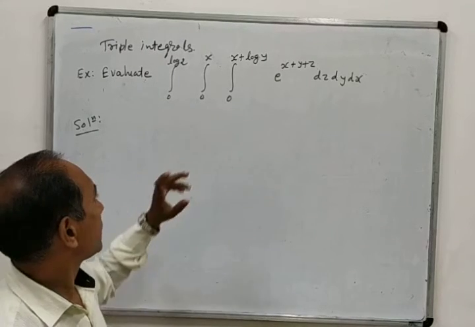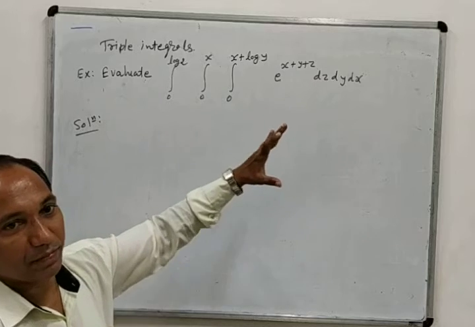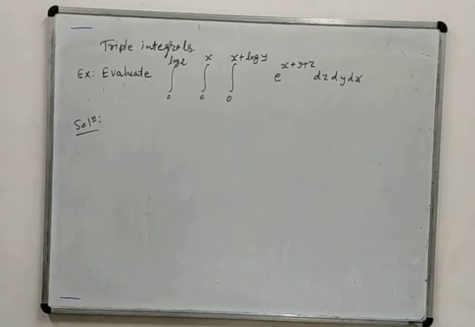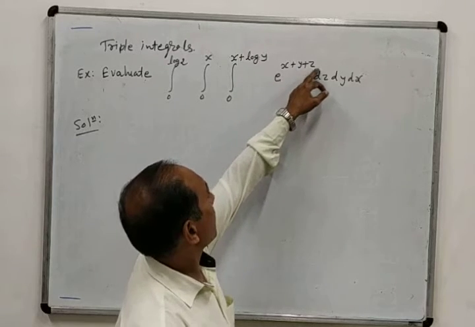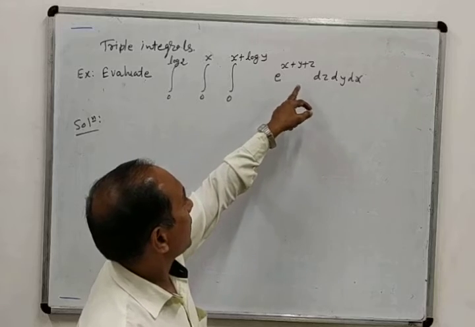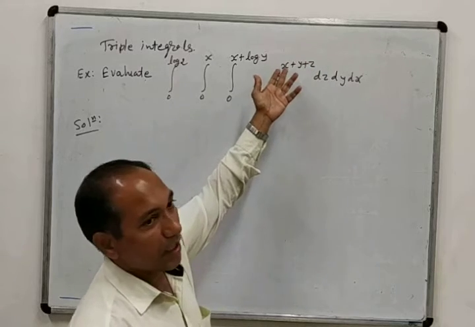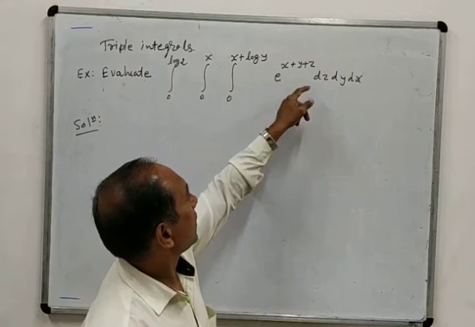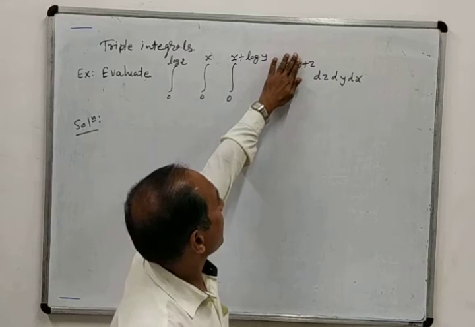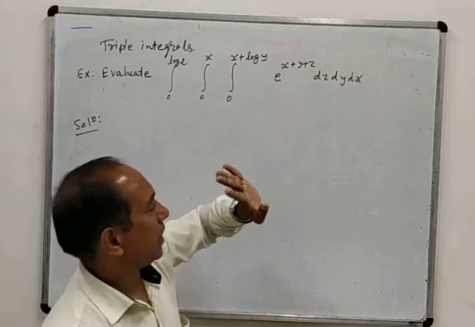So here again, if you look at this problem, it looks like a hard problem, but no, this is not a hard problem. It is a very simple problem. You will have to look at the problem first, observe the problem, first look at the function. Is it integrable with respect to x, y or z? Yes, x plus y plus z. So when we integrate this with respect to z, x and y will remain as constants. So integration is very easy.